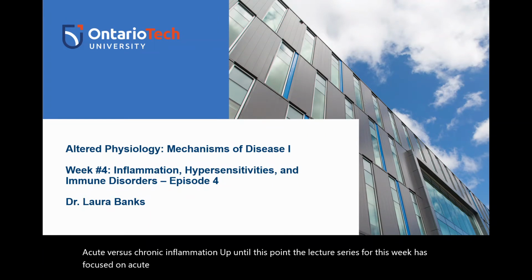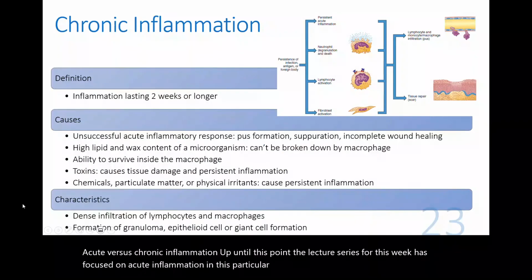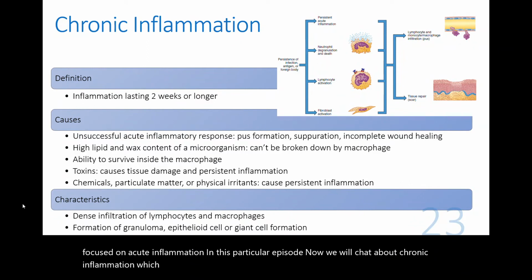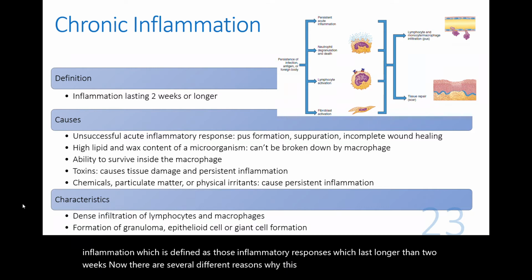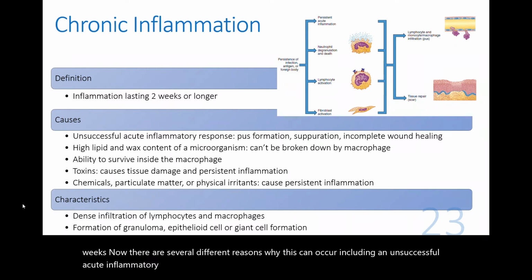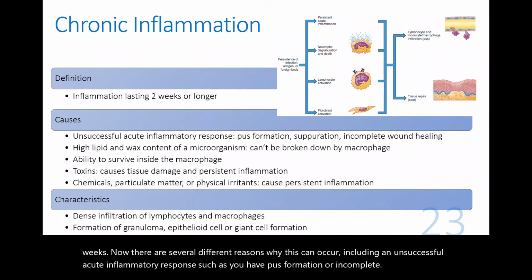In this particular episode, now we will chat about chronic inflammation, which is defined as those inflammatory responses which last longer than 2 weeks. Now, there are several different reasons why this can occur, including an unsuccessful acute inflammatory response, such as you have pus formation or incomplete wound healing. You can have